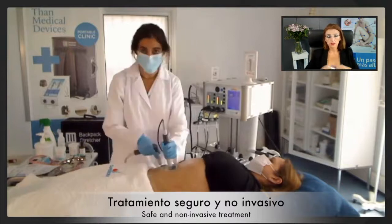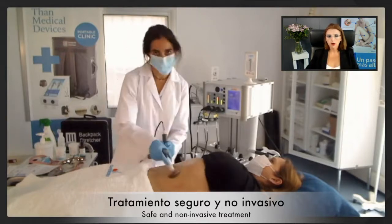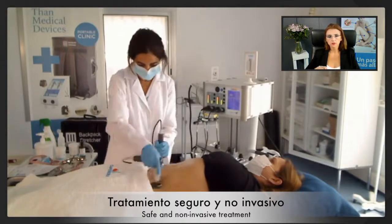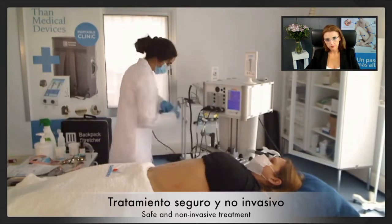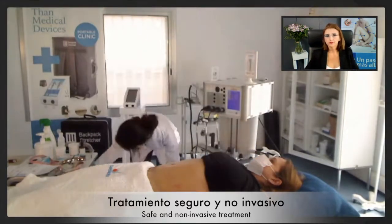As you see, it's a gentle massage. There's no pain, there's no sparks, there's no harm. The patient lies comfortably on her back during the treatment and experiences a nice relaxing sensation. Once these 15 minutes are over,